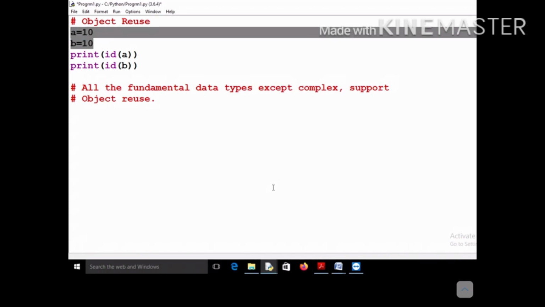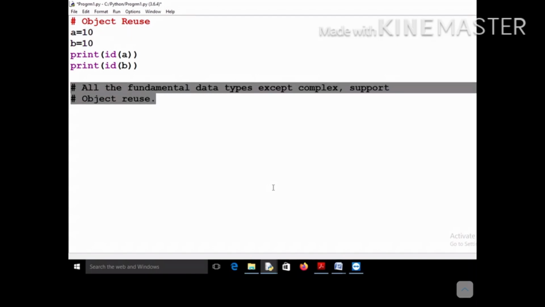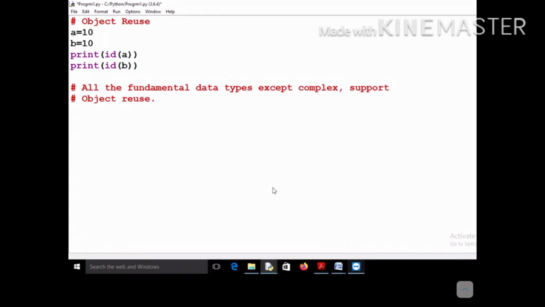It is because integers support object reusability. All the fundamental data types except complex support it, and you will find that in all those cases the addresses of a and b will be same if they point to objects having the same value.